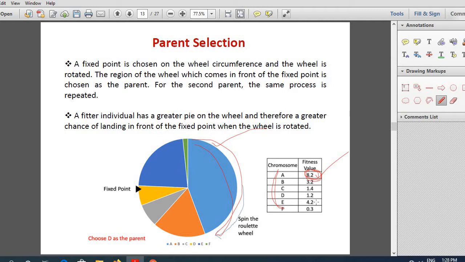And which is the next one having the next best fitness value? It is actually E. So look here, this is the space corresponding to E. So this takes up the next major proportion of the roulette wheel. How much area in that wheel each individual takes depends upon its fitness value.